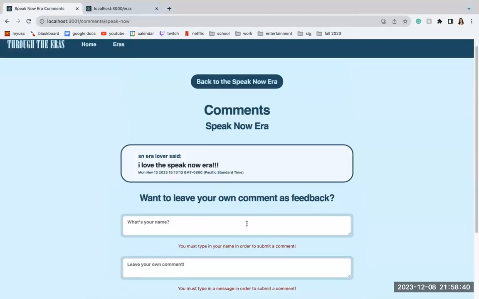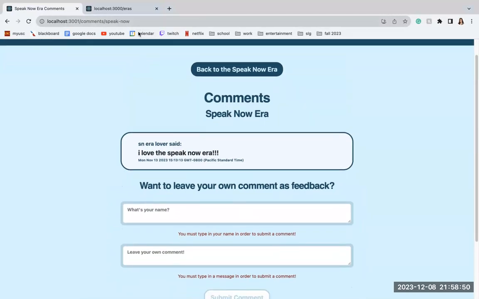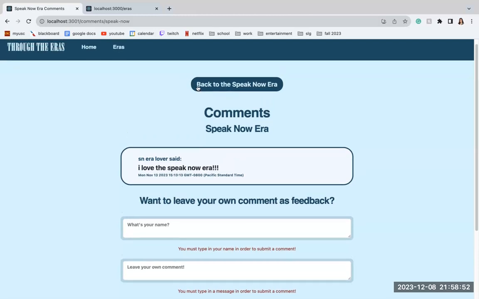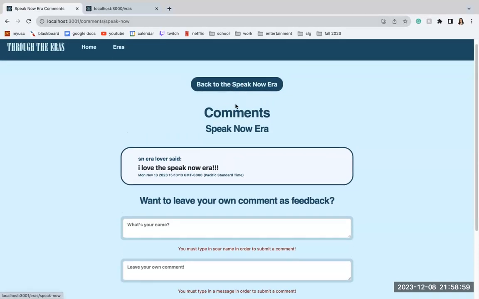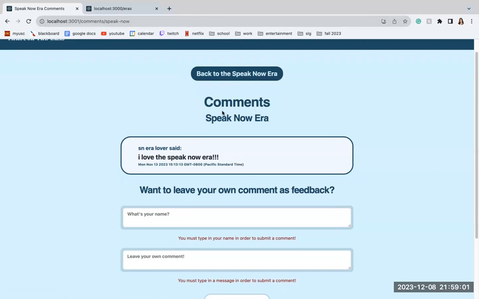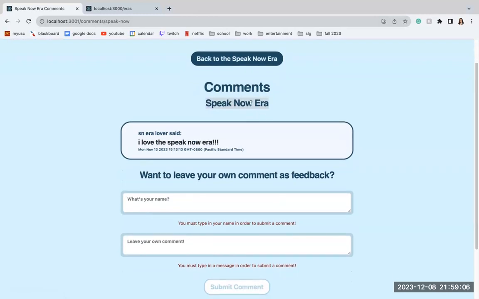This is another route. This is the comments route. As we can see here, there's a param of the era ID, whatever ID is associated with that album. I render a little back button, just in case the user wants to go back to the collage page. Here is a comments section, and it states what era these comments are for. How I have it in my database is,